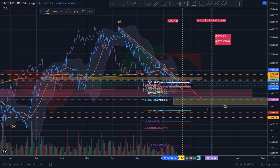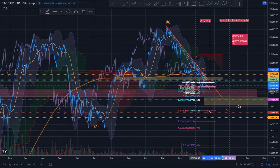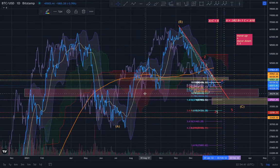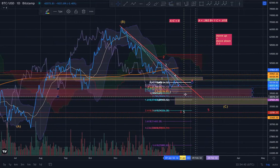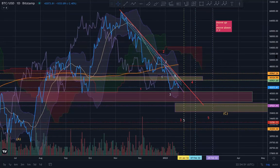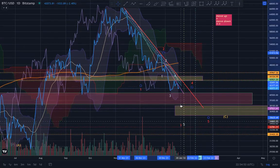I don't want to give it a probability in terms of where this whole move is going to end, but I feel like we haven't done anything here, and I feel like we would get some support at these levels. Come on, even on a daily, must be. So I get the sense that this would be the region. So in that case, not really seeing this level. So in that way, maybe the idea again comes back to something like